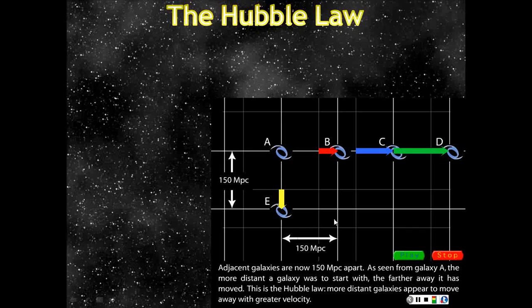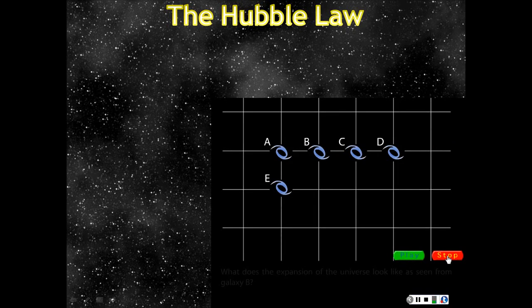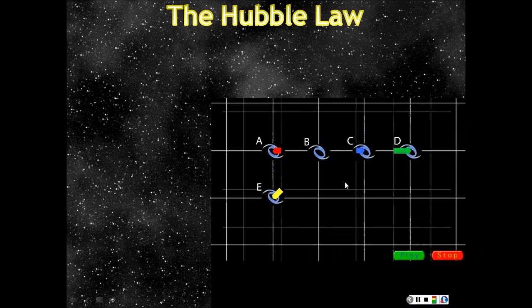Well, here I have an animation which will hopefully play itself nicely. Here we go. So here I have a set of galaxies. So I've got galaxy A, B, C, D, E, and they're all equally distant. They're on this grid. So each of these grid references is the same size, and so they're all the same distance. So A and B are the same distance, B and C are the same distance, C and D are the same distance. So you've got this set up like that. Now, what does it look like as the universe expands from the point of view of someone standing on galaxy B? Well,